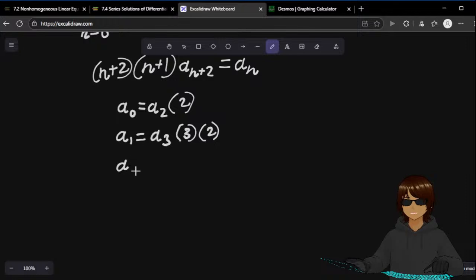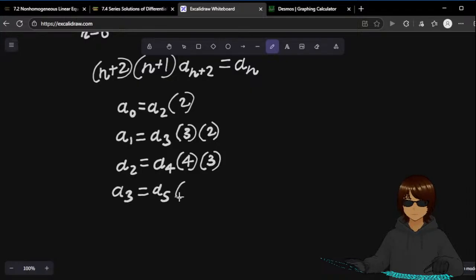Then a1 is, sorry, a2 is plus 2, plus 2, 2 plus 1. 3 plus 2, 3 plus 2, 3 plus 1. So instead of a3, I can write